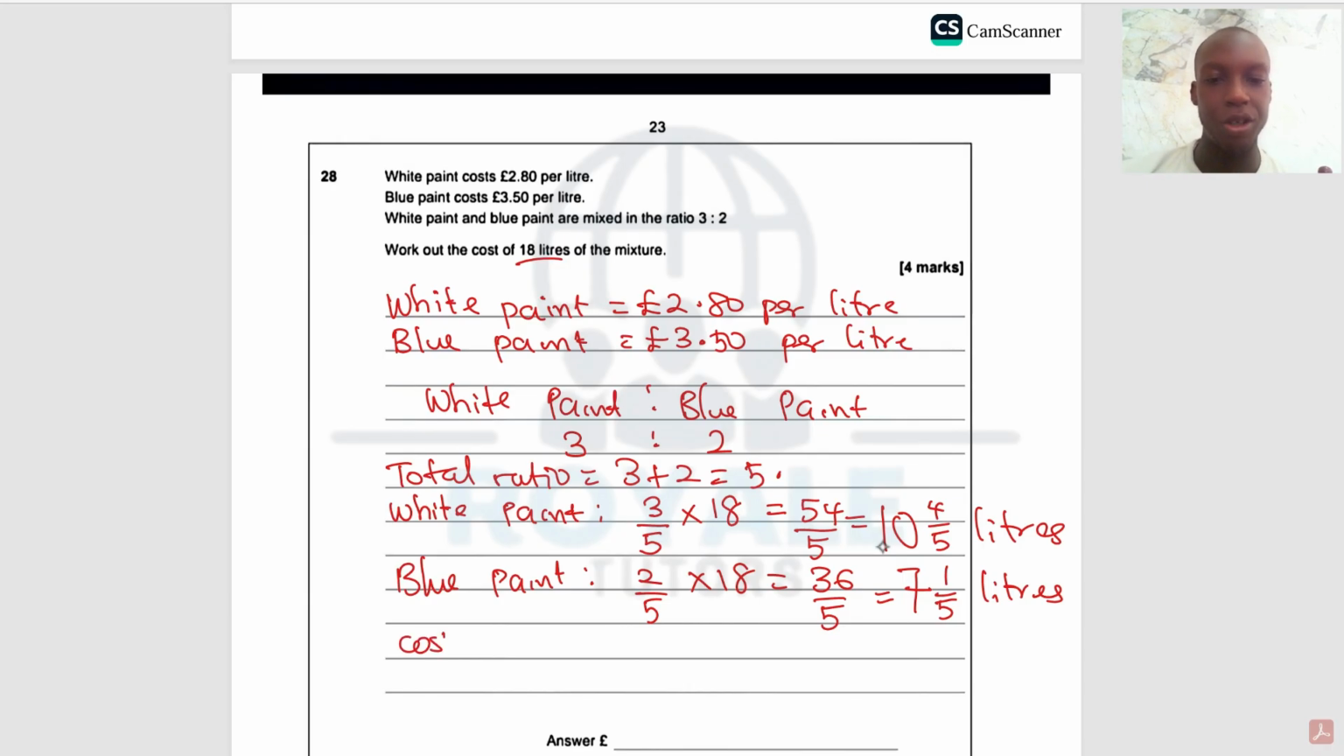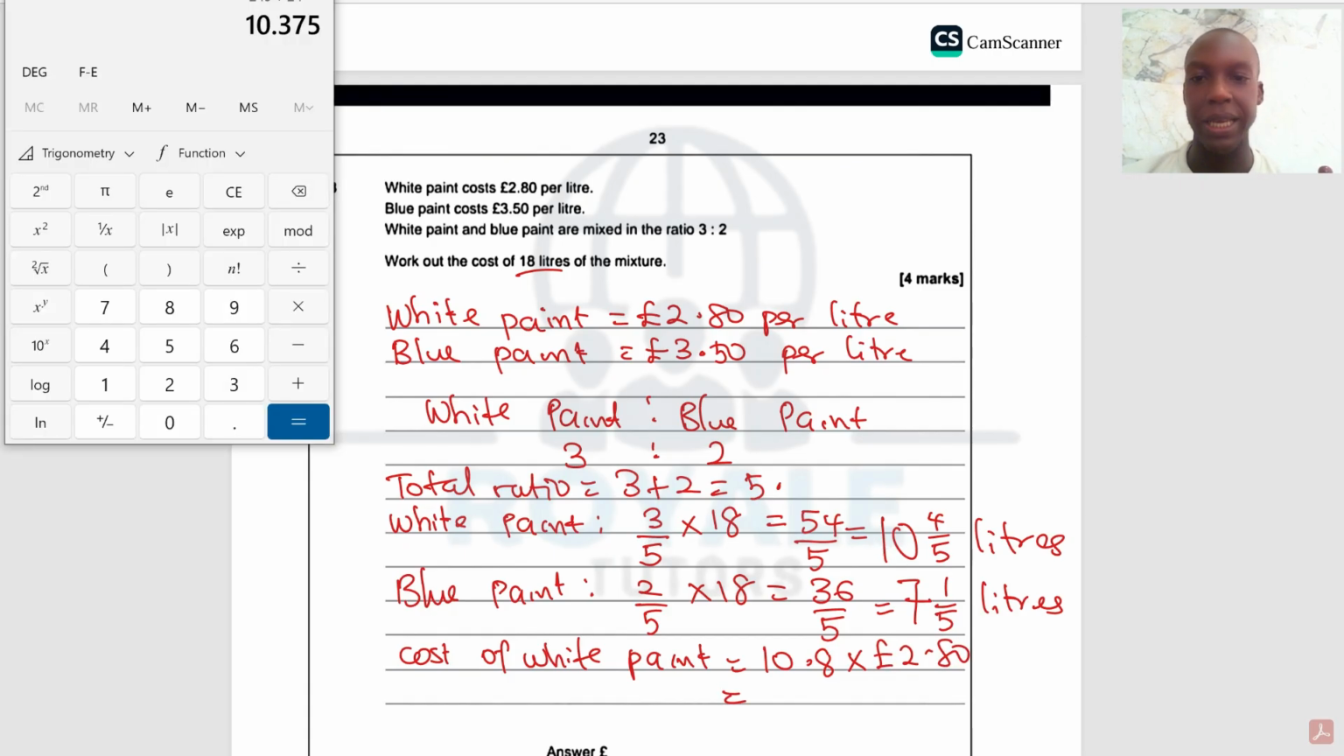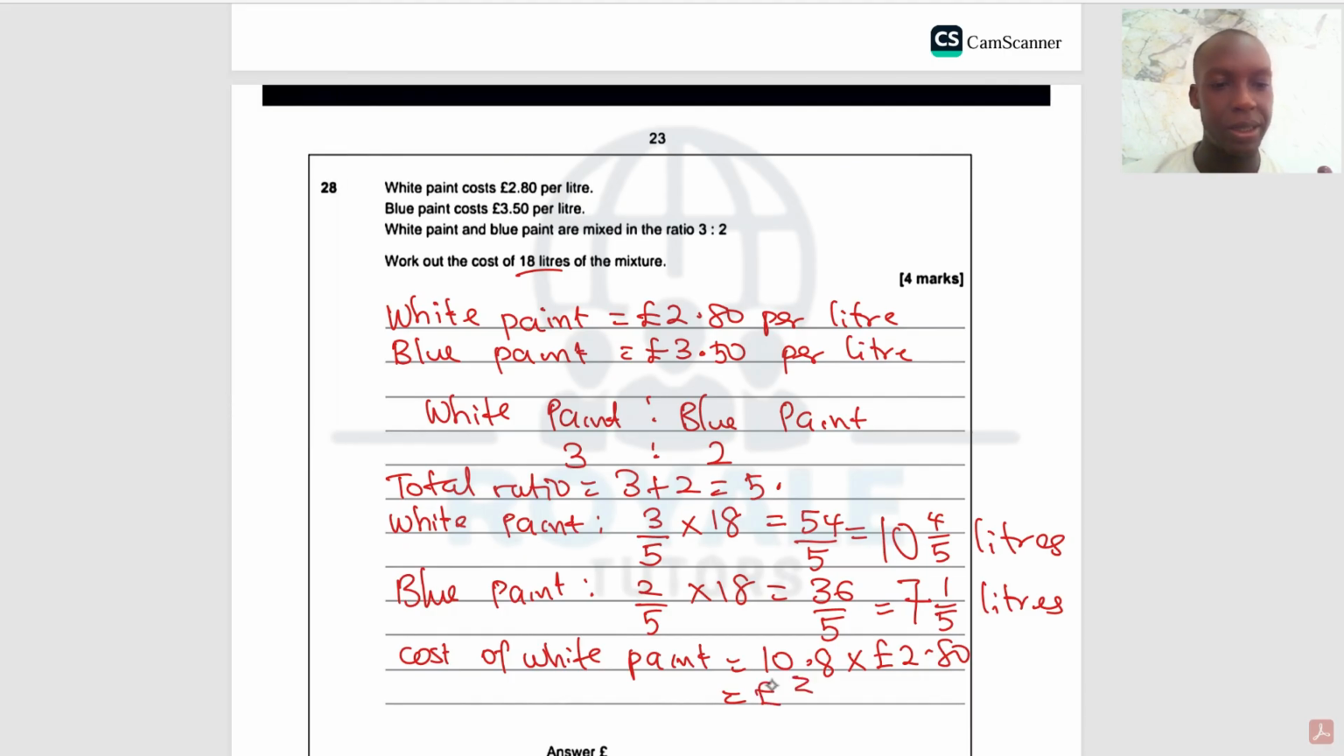So now let's do, what's the cost of white paint? I know that I'm going to be needing 10 and 4/5 liters of white paint, which is the same thing as 10.8 liters of white paint. And I know that the cost of white paint per liter is £2.80. So what do I do now? I multiply 10.8 by 2.8. We have that that's going to cost £30.24, and the cost of blue paint on the other hand,